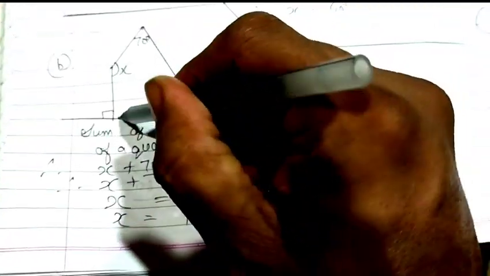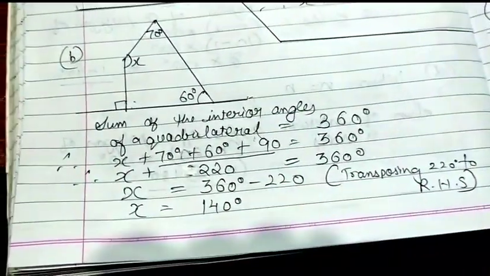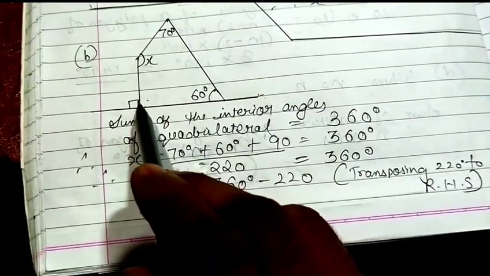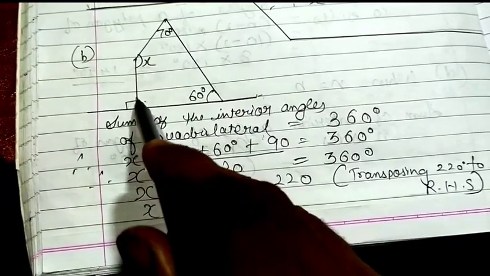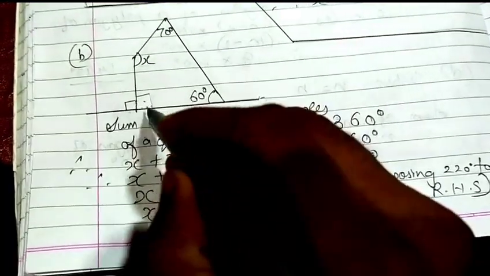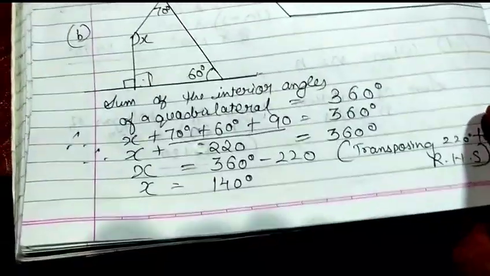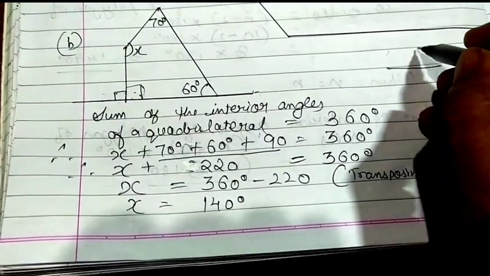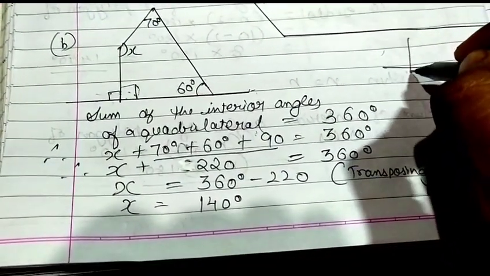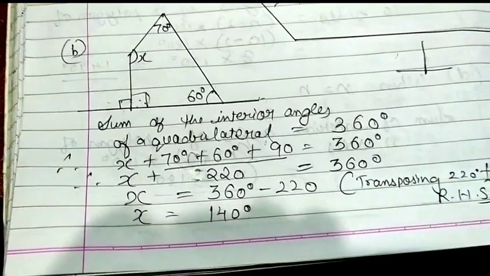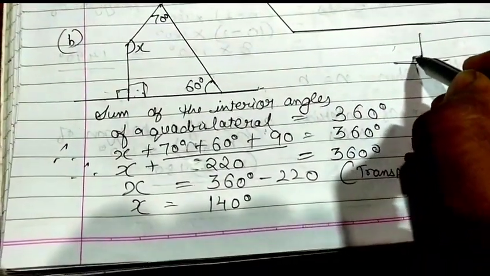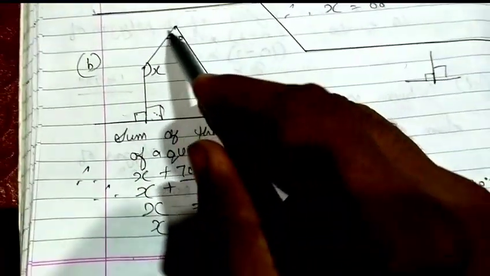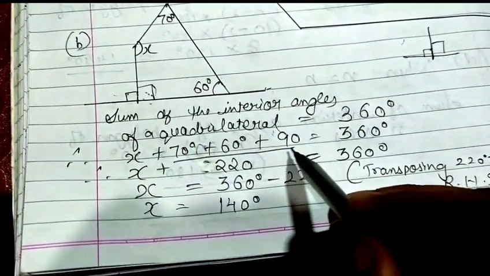Then what about this angle? Now dear student, this symbol is of 90 degree. If one side is 90, obviously the other side angle will also be 90 degree only. If this angle is 90 degree, this also. Take for example, if I am drawing one line, and if one line intersects another line at 90 degree, perpendicular bisector, and if one angle is 90 degree, obviously the other angle will also be 90 degree. So we will consider this angle which is inside this quadrilateral as 90 degree. So write down 90 degree over here.